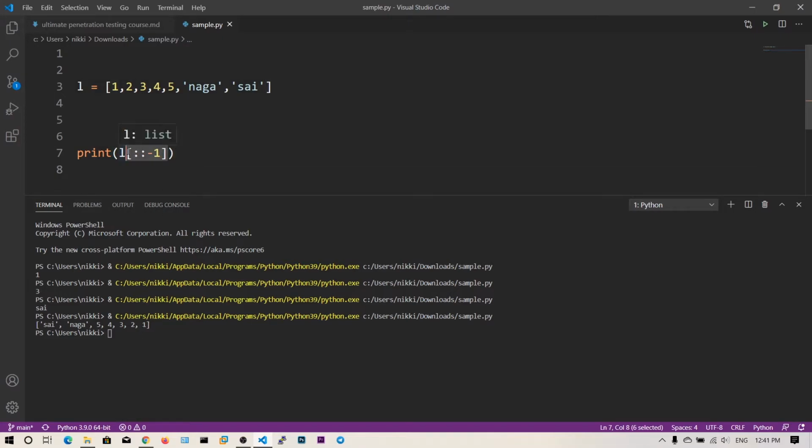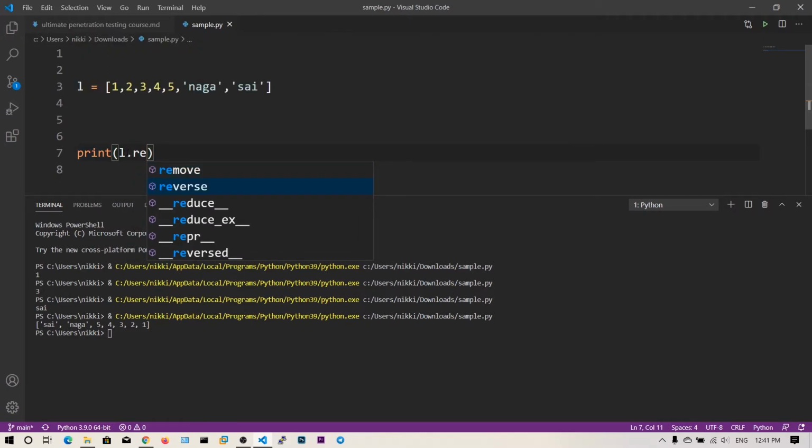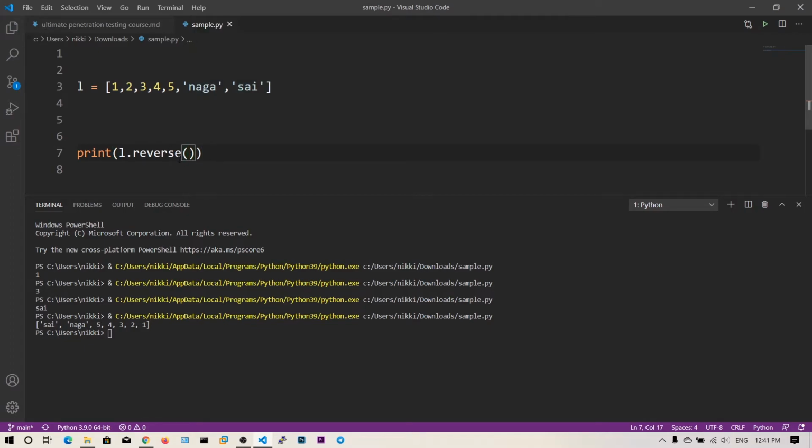And there is also a method called reverse. As you can see, I have typed RE, and Visual Studio Code is telling me there are these methods available starting with RE. Let me type reverse, and there are no arguments needed for this. Let me run this.